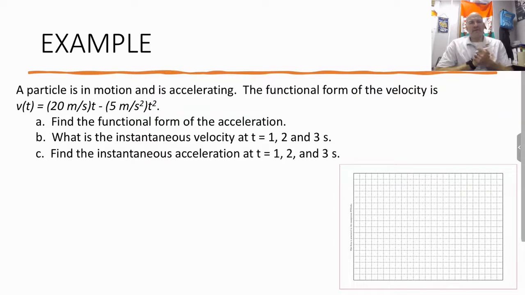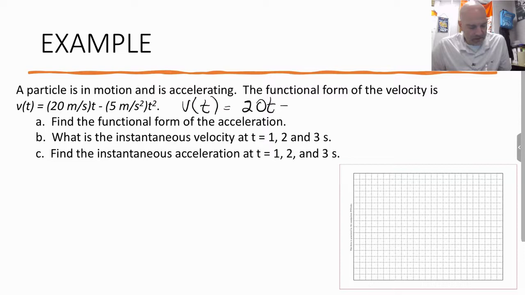All right, so here in this example problem, we have a particle moving. It's being accelerated. It gives us what is called the functional form, which is just velocity with respect to time. v of t equals 20 meters per second times t minus 5 meters per second squared times t squared. If you don't want the units running around, just rewrite it: v of t equals 20t minus